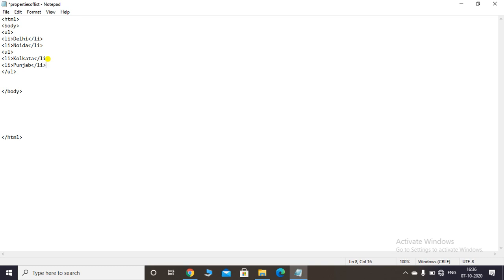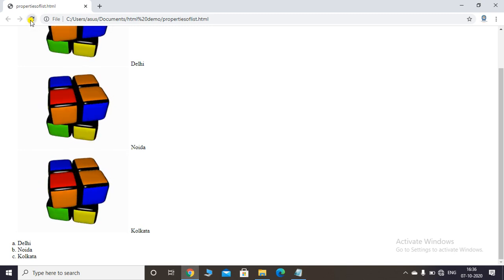Close the li tag. Okay, so these two list items are present in my next UL tag. So I will close the UL tag, this one, and at the end again I will list an item that will be outside the previous list. So let it be Gujarat, and you have to close the li tag. Okay, in this manner. Save your HTML, and we'll go and refresh it.